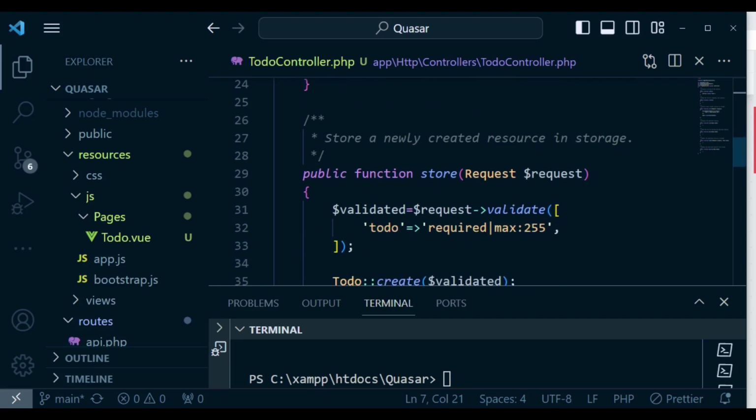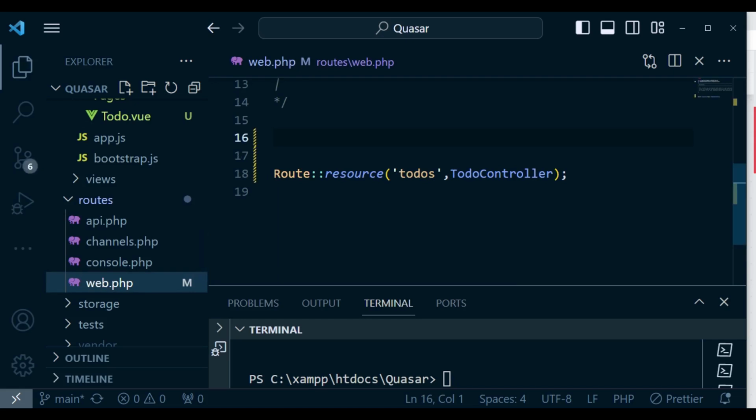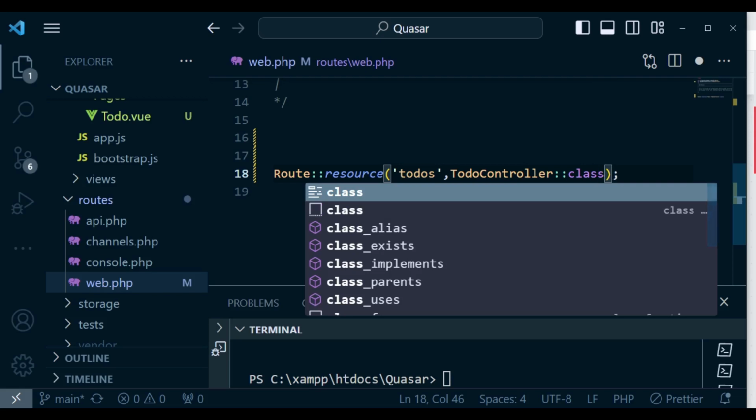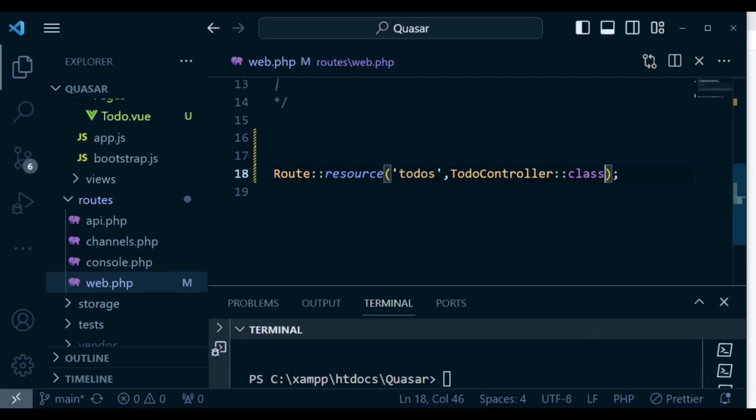I have made a mistake, so I'm going to change this and pass class like that. Now when we refresh, it says not found. So to do is to do controller, not to do controller. Yes, so